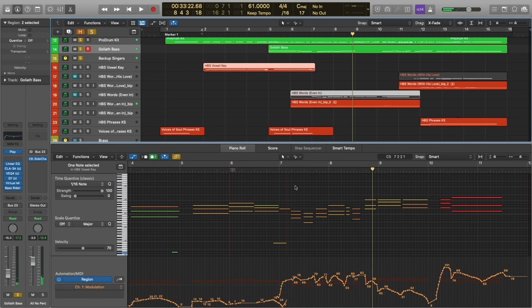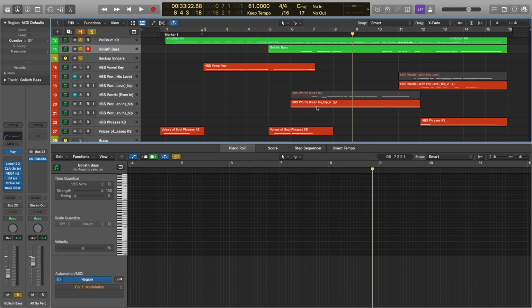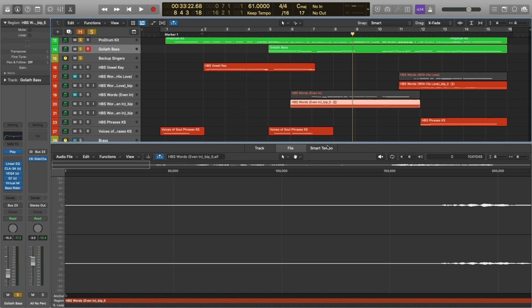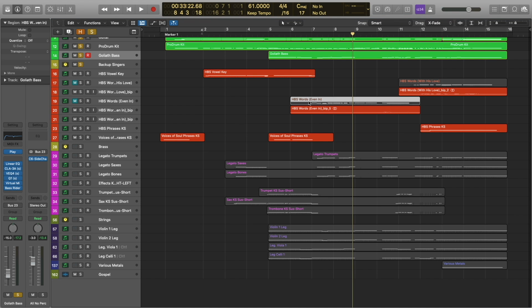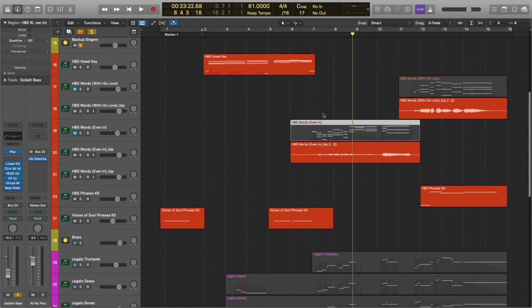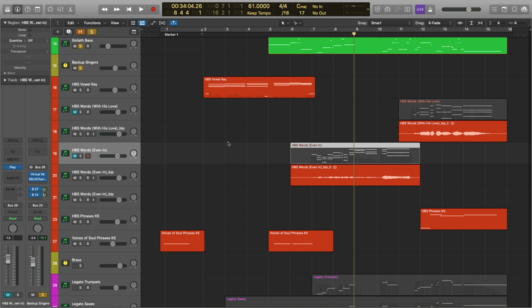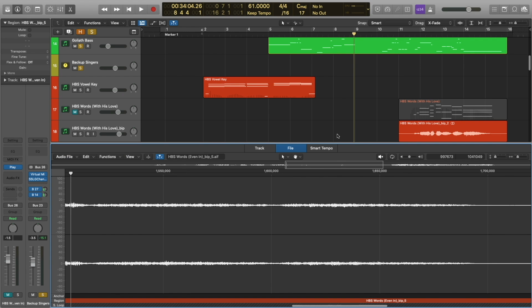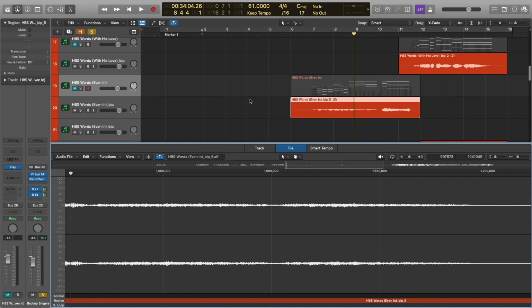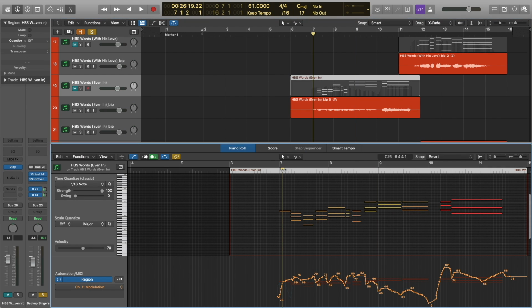Okay, let's go ahead and talk about what we're doing here with Hollywood backup singers. Now, I went ahead and bounced this MIDI data out to audio just because I wanted to be able to start in the middle of a phrase without having to worry about where the word builder was going to start. Obviously, if I start here at measure 9, the word builder is going to start me at the beginning of the phrase. So there's no voodoo going on here. This is purely just to make recording the video easier on me. But what you are hearing is exactly this MIDI data.